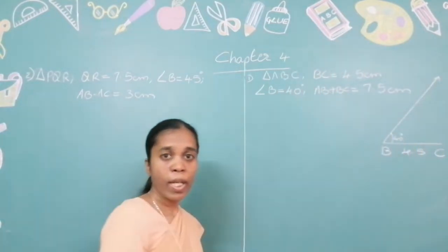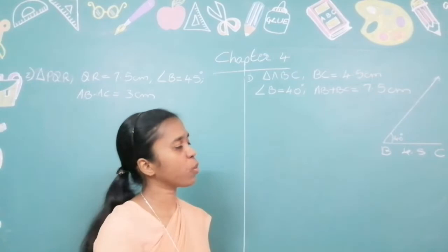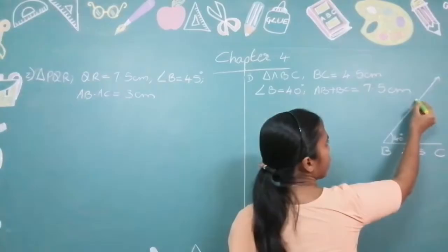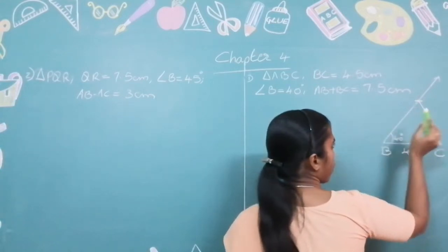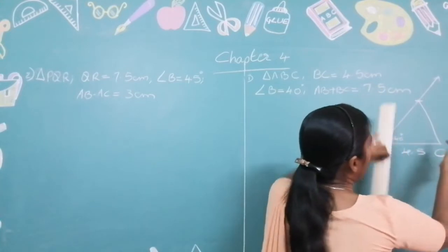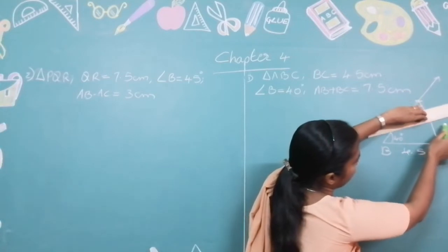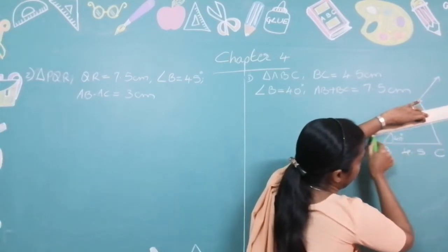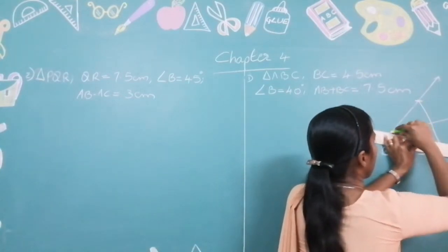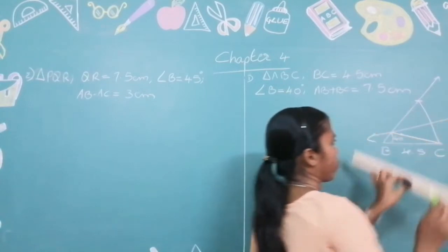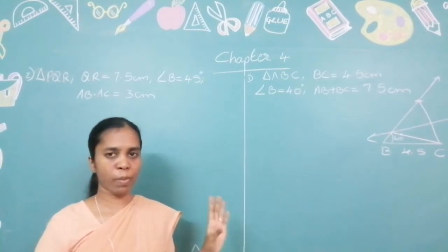Now, what else is given to us? Sum of the other 2 sides. So what is the measure of the sum of the other 2 sides? That will be somewhere over here. And you join from there to here. And you draw the perpendicular bisector of this. You know how to draw a perpendicular bisector. It should be more or less the same. And you see where it is passing through this, and then you join this. This will be a rough diagram. You will understand it when we are constructing it.